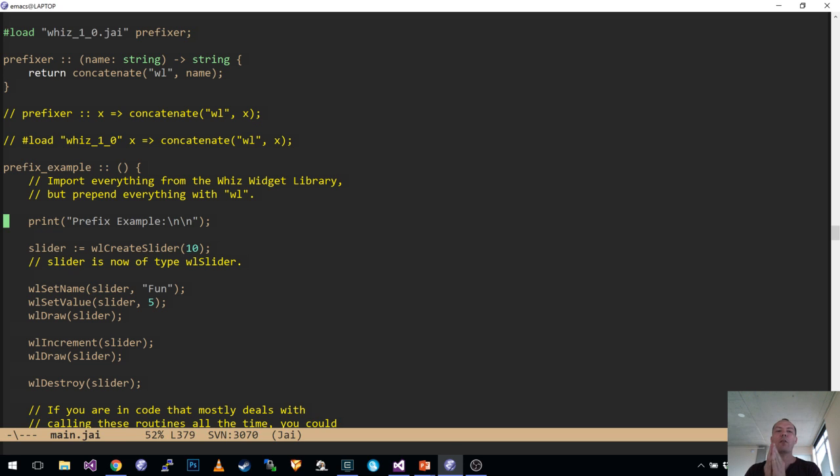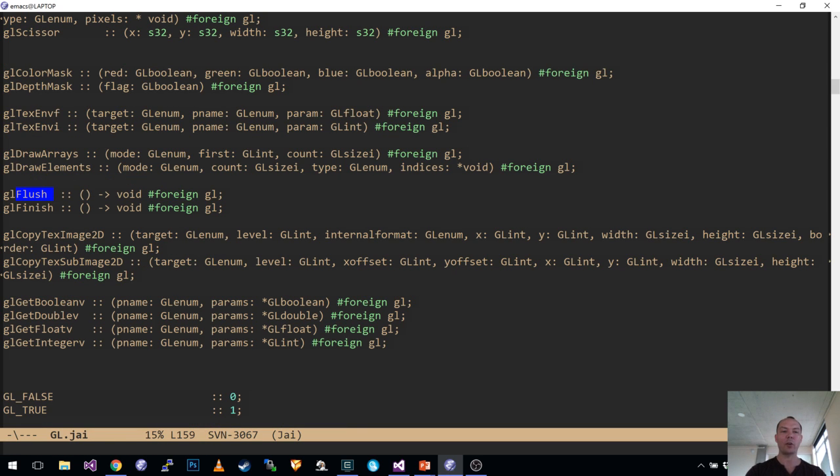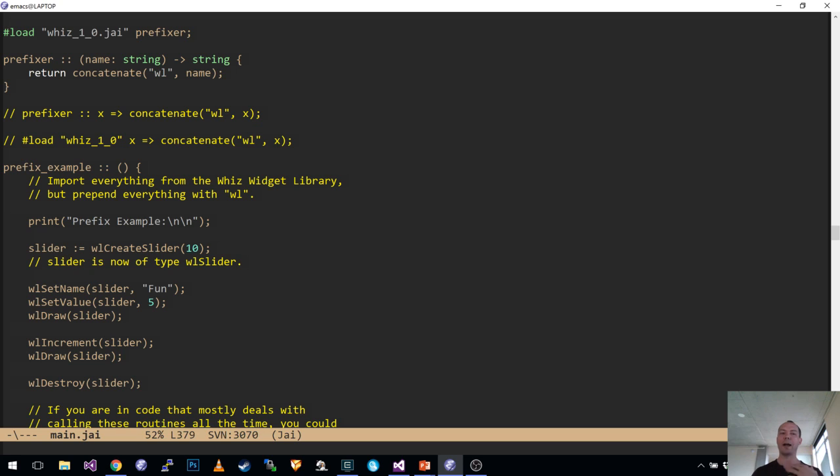But before we get to solving the problem for real, let's go back to the philosophy of this language, which is that I, the user of the library, should decide how I see it, not you, right? So GL shouldn't spec that everything starts with GL. If I want it to start with GL, I should spec that, right? And there's good reasons for that I'll show you in a little bit. But for now,